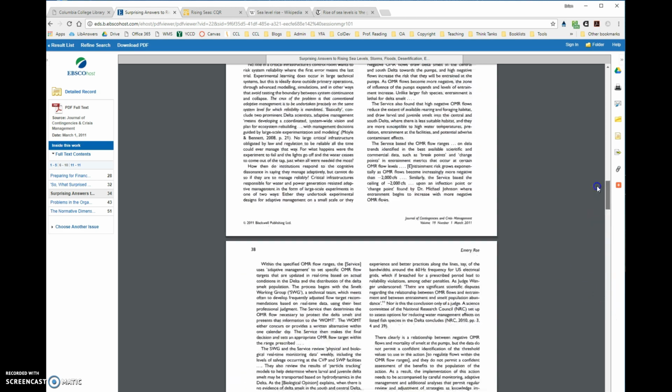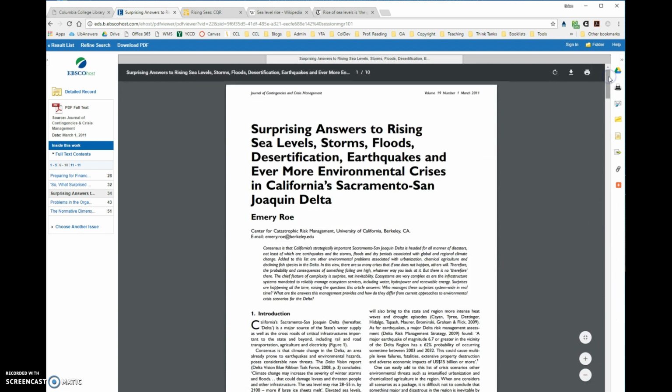A couple other things you could do to check and see how credible it is one, think about where you found the information that you're using. So I found this in one of the library's databases. The library has someone, primarily me, who goes through and selects materials that we're going to make available. And I'm constantly evaluating the different sources that we have for students and trying to find the best possible things.